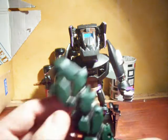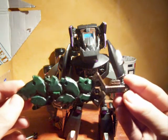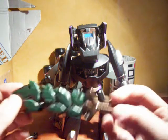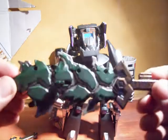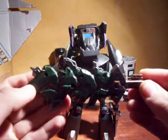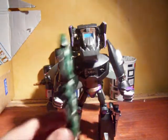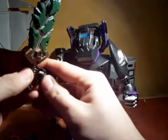So the sword there, I took this sword apart and I painted the inside of it, and in doing so I destroyed the gimmick, so it doesn't spring out when you put it in his hand, but it does work if you just slide it up there and the point. It's not a big deal for me really, the way the gimmick's bust, but still, it looks very nice. And I just figured a different colour from the standard Grimlock sword would be cool. So just put that in his hand,